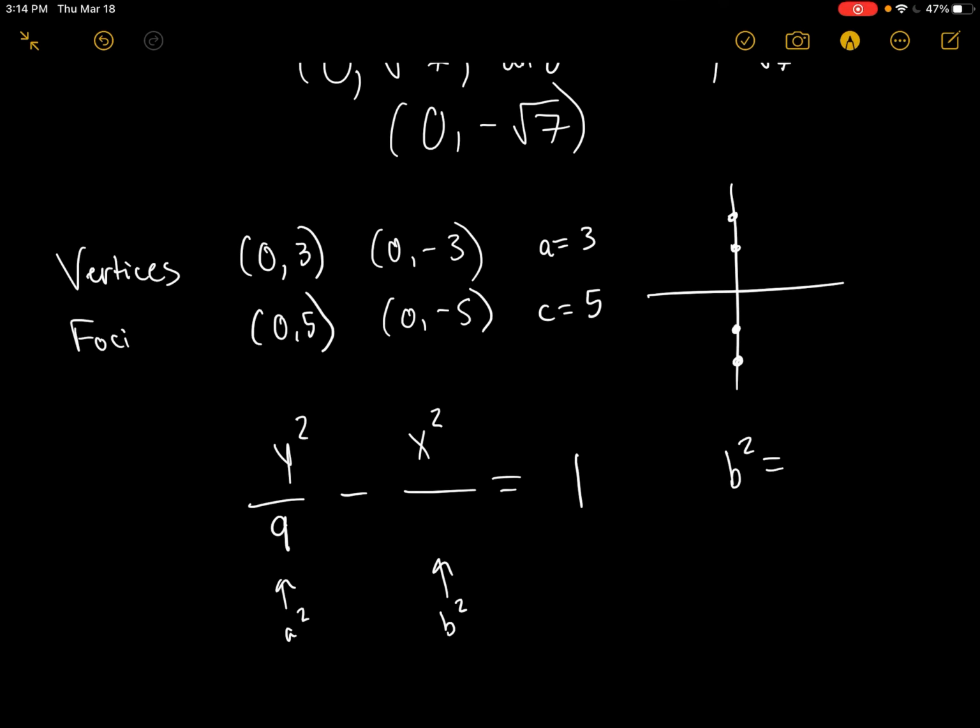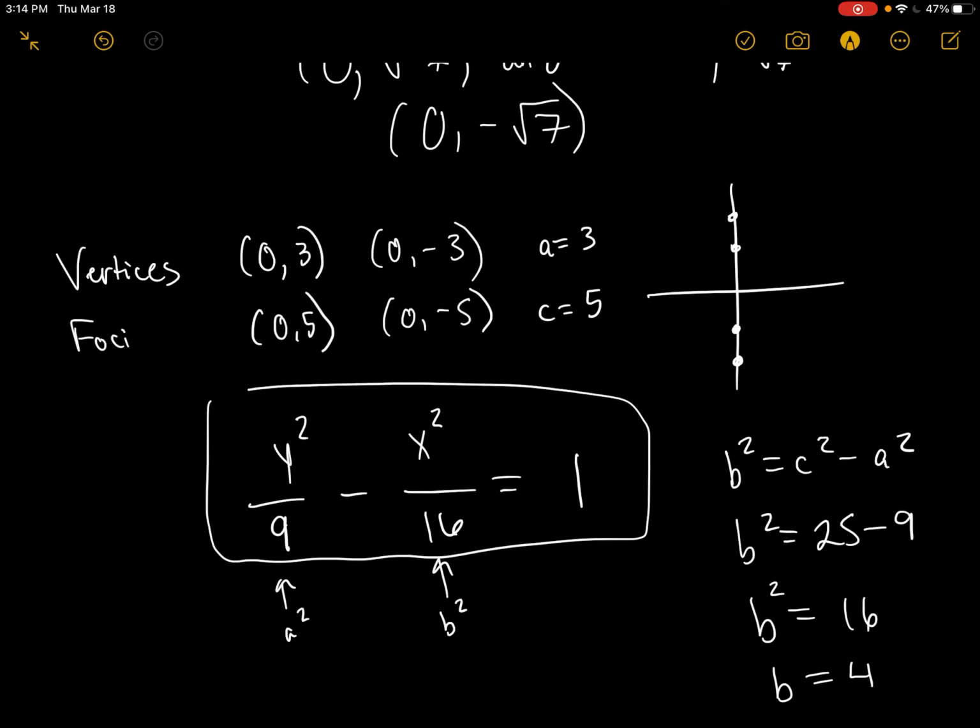Now we know that a squared is 9, and we're looking for our b squared value now. So we have to use a different equation here, b squared equals c squared minus a squared. And when we do this, we get b squared equals 25 minus 9. And b squared is going to equal 16, so b just equals 4. So when we plug in b squared equals 16, that's going to be the final answer. That's our equation. So we used the vertex to get us a, the focus to get us c. We identified if it was going up, down, left, or right, and then we plugged